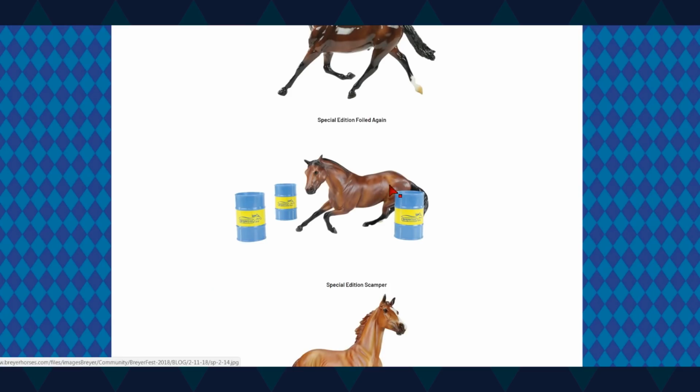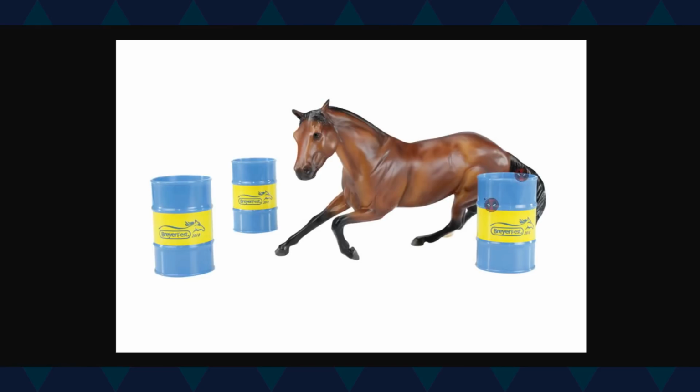There's also Scamper, who is a special edition, and I believe the only reason he's really special edition is these little BreyerFest 2018 barrels. I do like these little barrels. I think that is really cute. I think it's kind of cool that they are stamped with the BreyerFest 2018. I think that's a fun little touch. I do like the Scamper mold, okay, but I probably won't get this guy because I just don't really avidly collect classics so much anymore. I kind of only collect them here or there on certain molds,